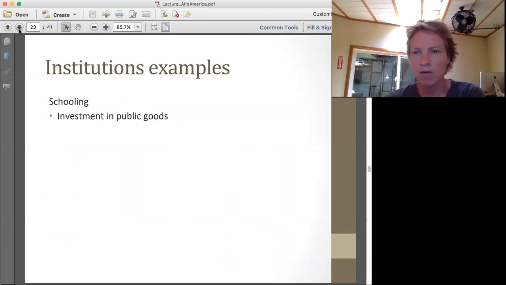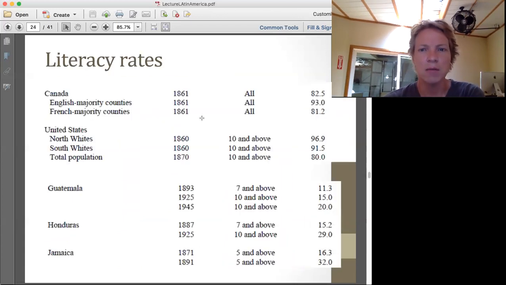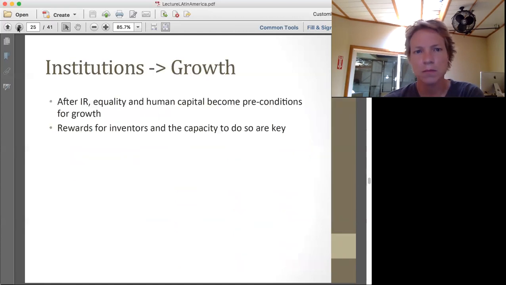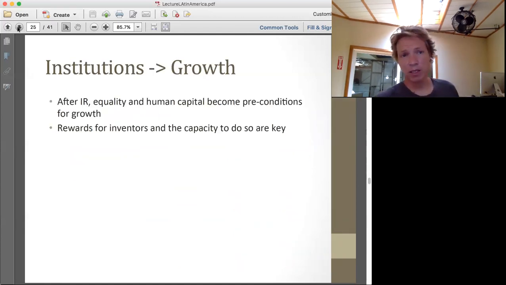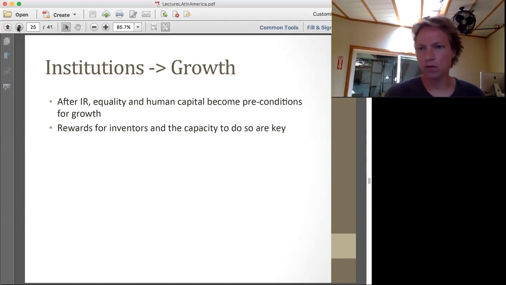Okay, schooling. We have an investment in public goods, and we can see this in the literacy rates. So we go to Canada and the US, very high literacy rates compared to some of your Latin American and Central American countries. And so basically the argument, as we said, is that these institutions after industrialization are conducive to growth. These types of institutions don't really matter before growth, but once you have that technological progress, that ability to create new technology, these are the institutions that do it. And so the industrial revolution gets easily imported